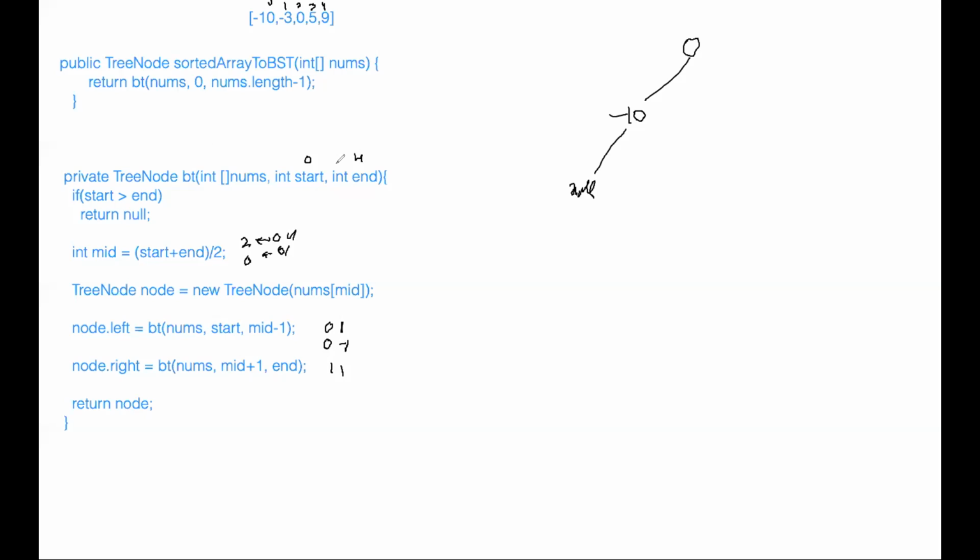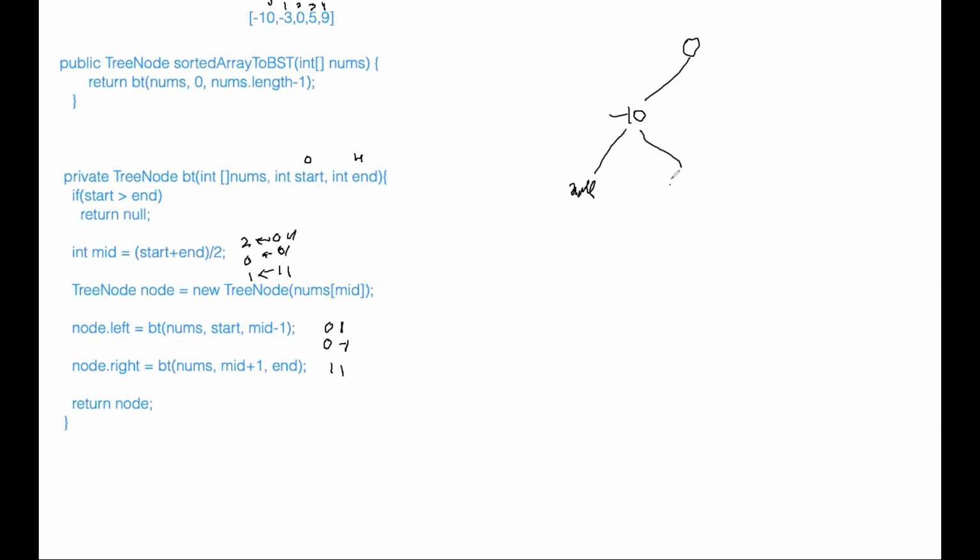So we'll go again here to the recursive call. Start greater than end? No, we will calculate a mid again. This time our start came as 1 from this step, and end came as 1. So 1 plus 1 divided by 2, our mid became 1. As we are on the right pass of the recursion call, so tree node of nums of mid is 1. So actually nums of 1, which is minus 3, and we were constructing the right node at this step.